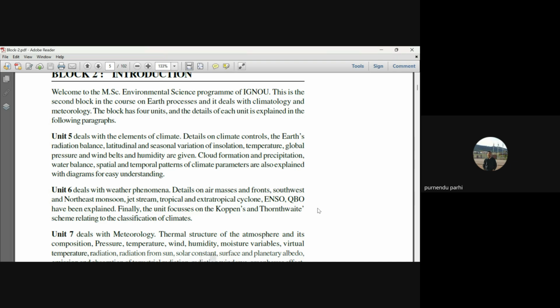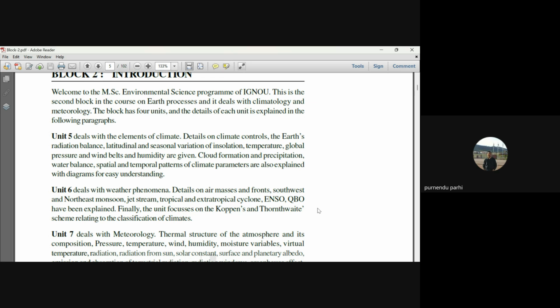Unit 5 deals with the elements of climate, details on climate control, the earth radiation balance, latitudinal and seasonal variation of insolation, temperature, global pressure and wind belt, and humidity are given. Cloud formation and precipitation, water balance, spatial and temporal patterns of climate parameters are also explained with diagrams for easy